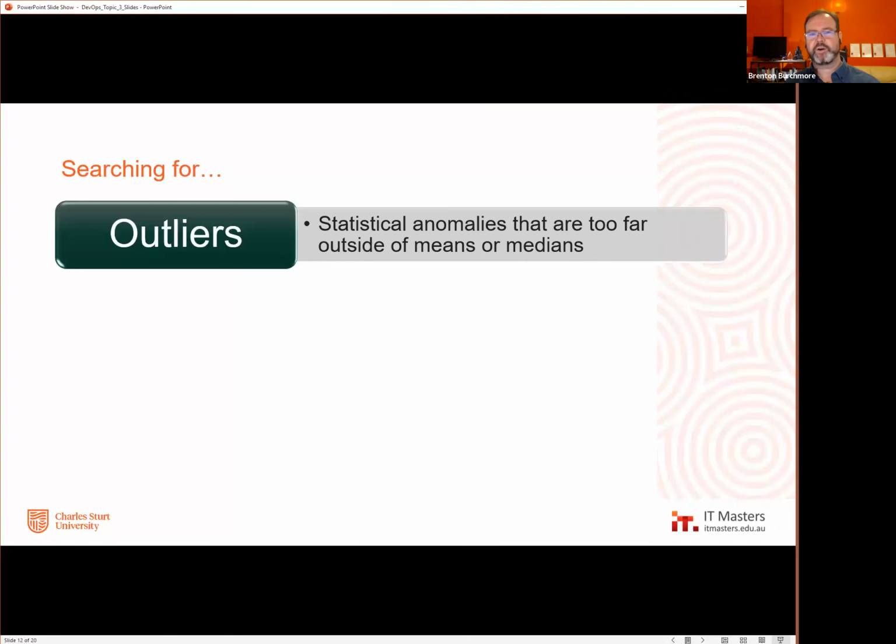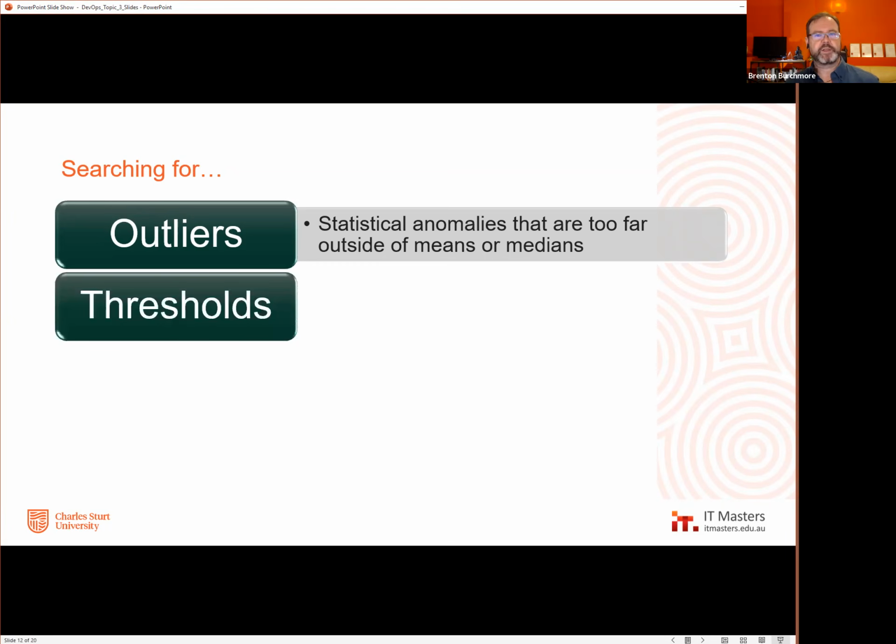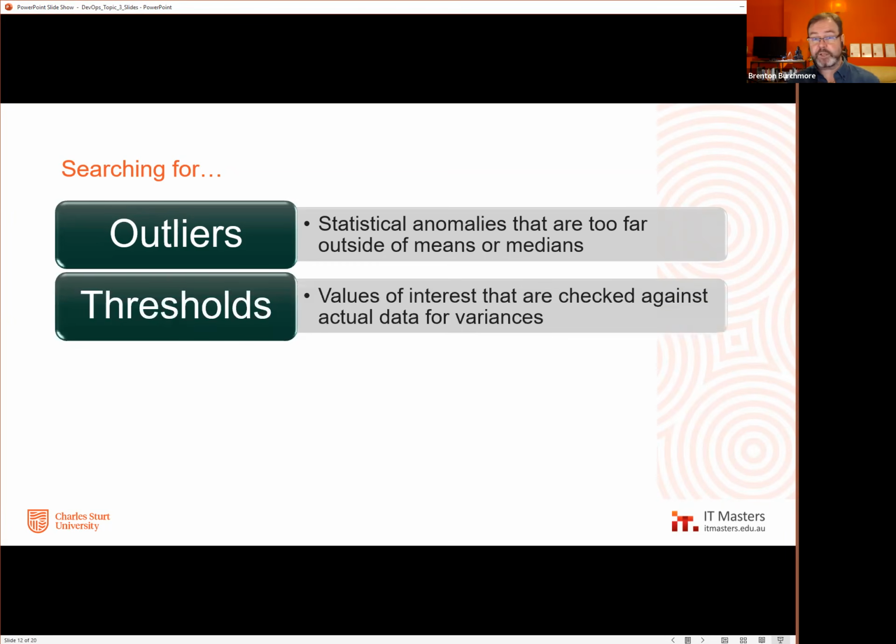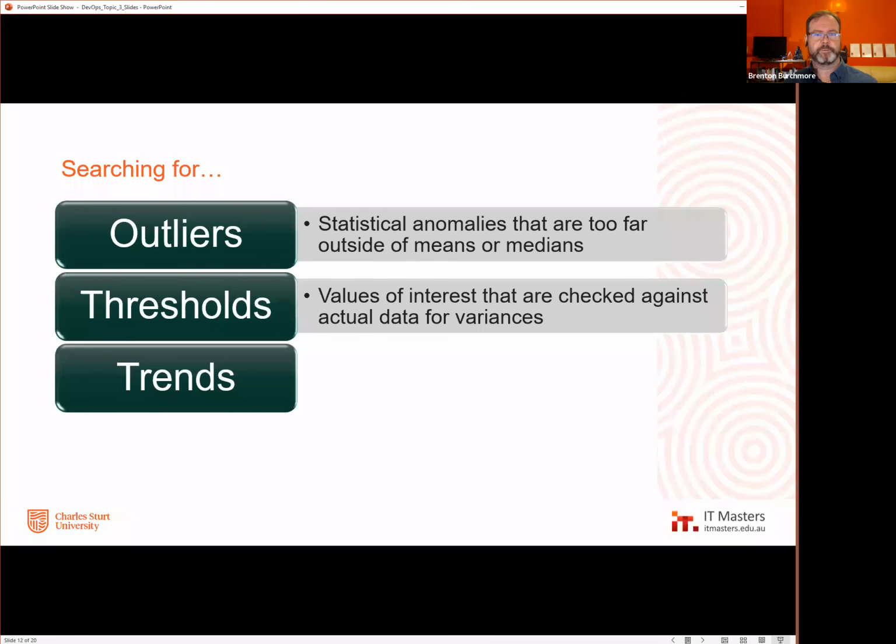So you're searching for outliers, statistical anomalies, something that's outside of the averages, or you're looking for something that's exceeded a threshold. So you have thresholds where in your telemetry, you're looking for reporting that says, this has exceeded a threshold. Now, we're kind of familiar with those sorts of reporting. We kind of have been doing that in IT for a long time to various degrees. So these parts aren't necessarily a surprise. We have our thresholds. We look at things that go above or below.